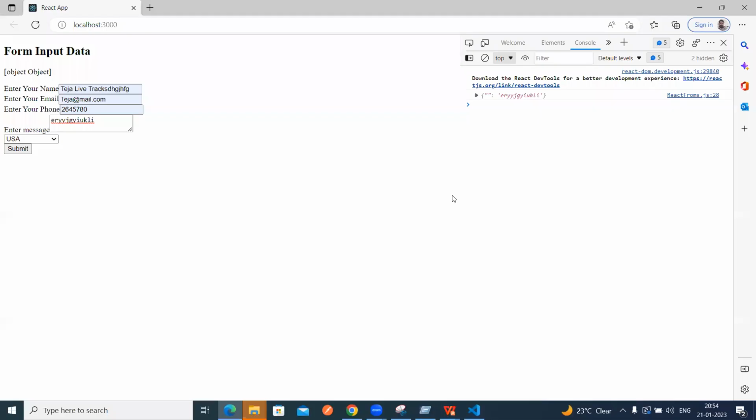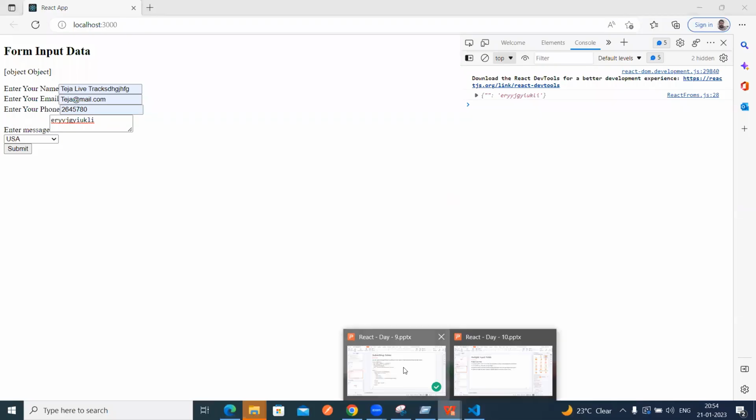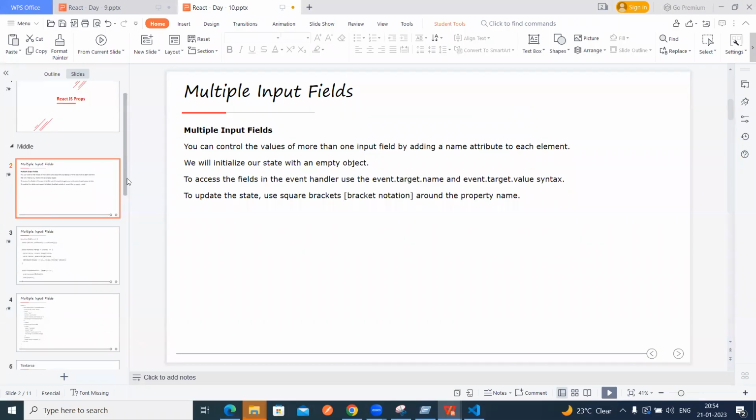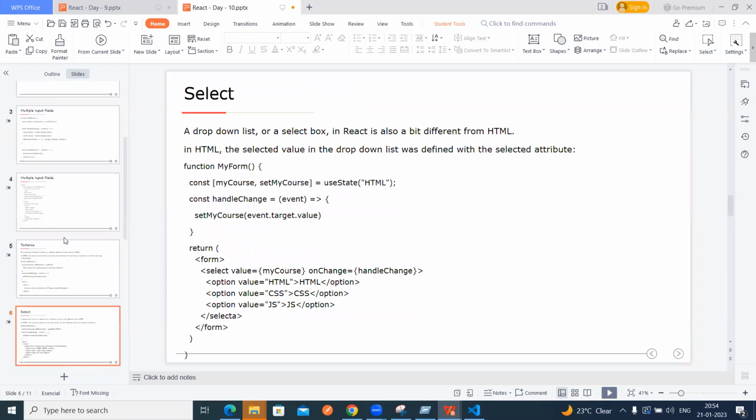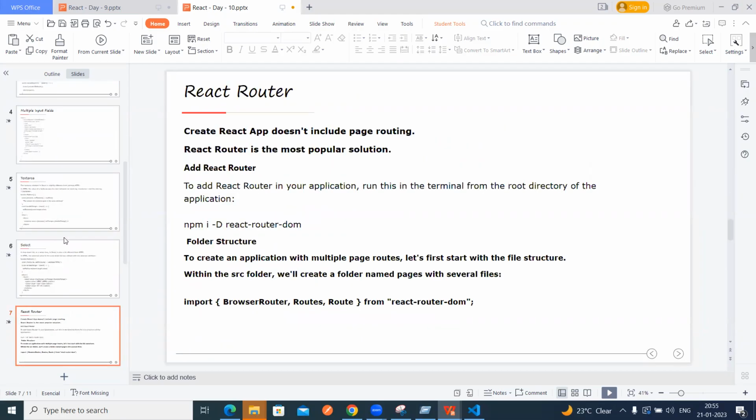Okay, so the next concept is forms. So the next important concept in this one: input fields, text area. So then this one. So then the routing concept. So what is routing? We are saying Angular JS and React JS, all the JS frameworks are happening with the single page framework. But